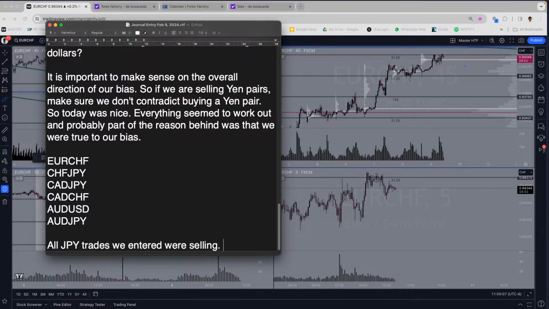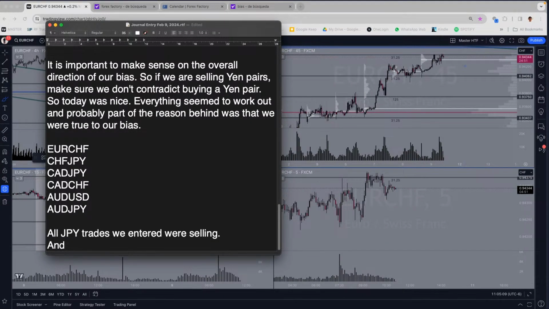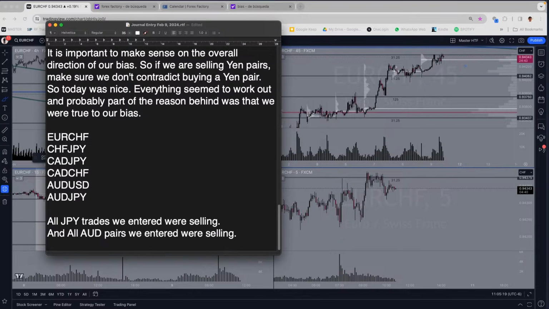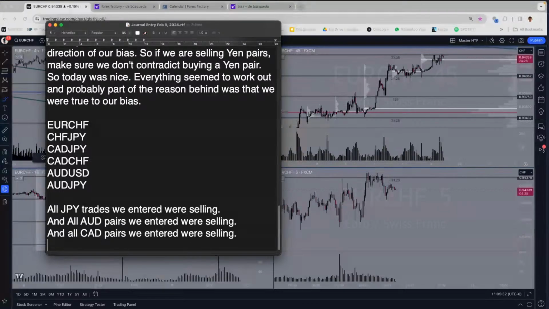And all AUD pairs we entered were selling. And all CAD pairs we entered were selling. So even though I know there is a strategy of hedging or something like that, and people trade